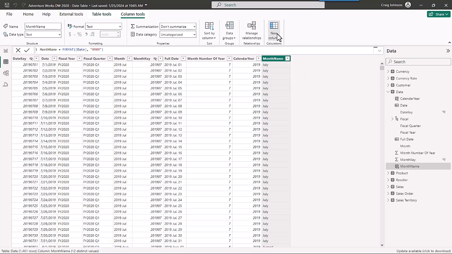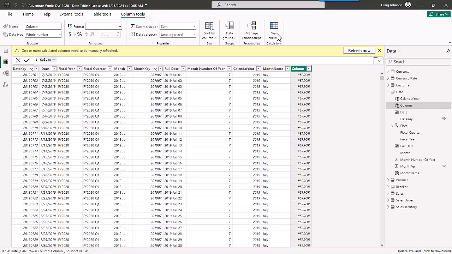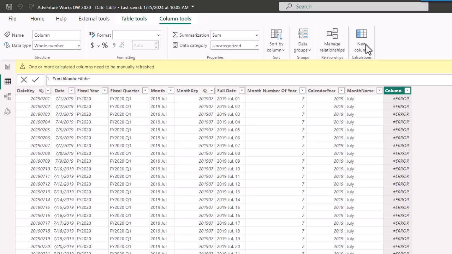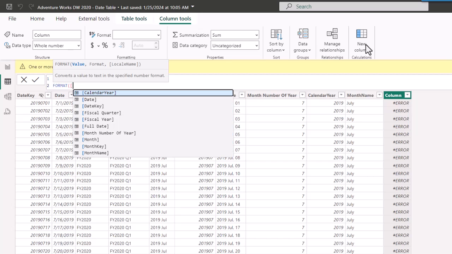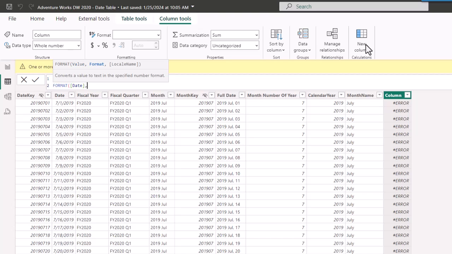We're going to create a new column, and the month number abbreviation is going to be the name. And this one is going to be similar to the other ones. We're still going to use DAX to do some formatting, but the month number abbreviation is going to be the format. Then we're going to bring in the left bracket, and we're going to use the date. And this time, for the format, rather than the full month name, we want a 3-letter name. So we're going to use the quotes, which is going to be 3 M's for month, quote, close it out with the right parenthesis,